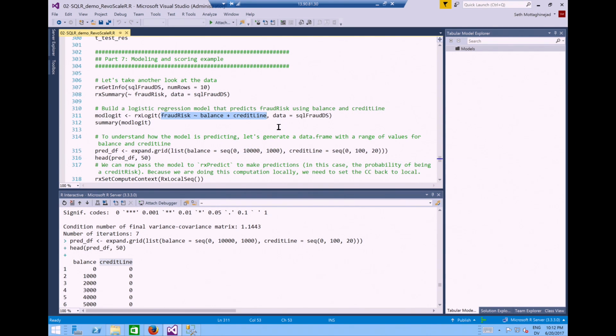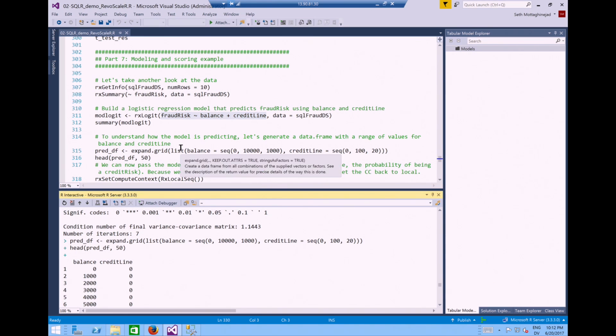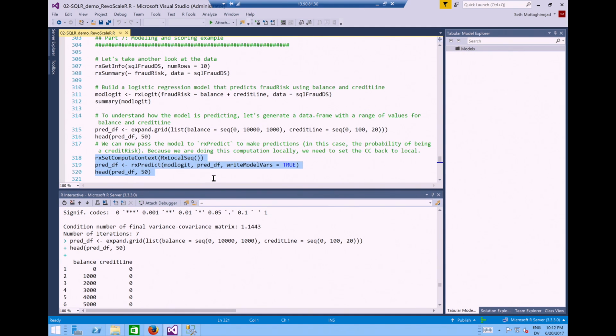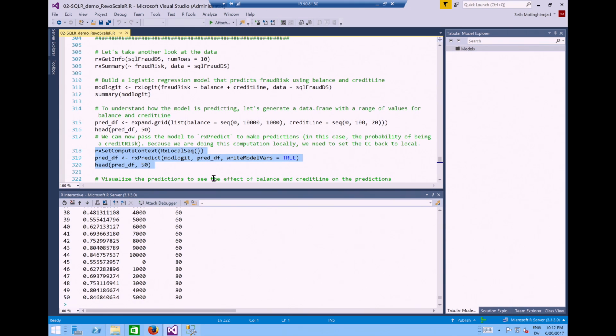It is going to predict fraud risk using balance and credit line only. So we're going to run our predictions on that small data set. We need to set the compute context back to local because that data set is just a dummy data set we created in our current R session. It's not in SQL. And we run this function called rxpredict.